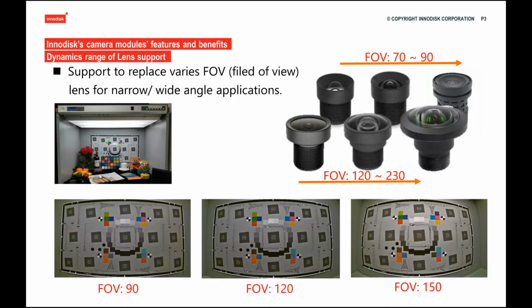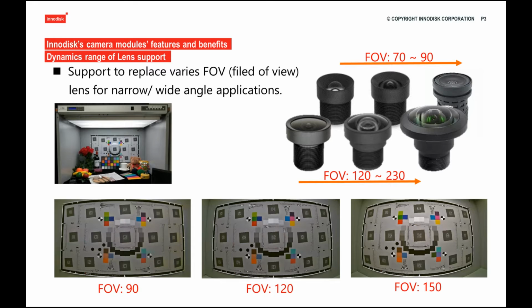Innodisk camera solutions support lenses with a wide choice of FOV. Field of view, in simple terms, describes how wide an area is captured through the lens. A narrow FOV is ideal for high-resolution images of a small target area at close range with minimal distortion at the edges. A wider FOV captures a much larger area, even at close range, but with distortion at the edges that becomes more pronounced as the FOV goes wider. With Innodisk's camera solution, a range of lens options are available to provide the perfect balance between pinpoint accuracy and